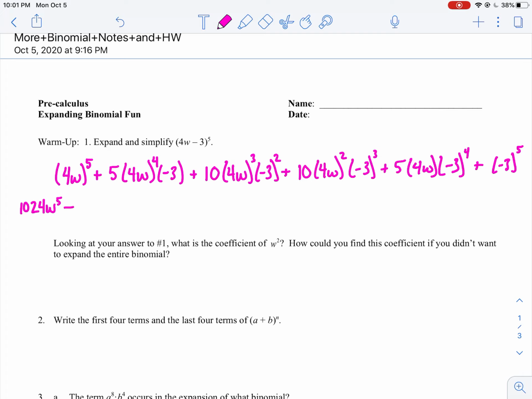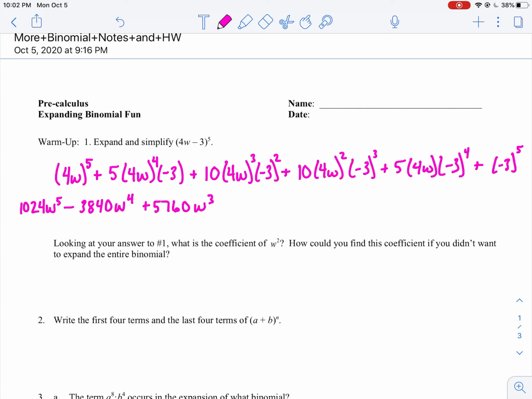And then this one's going to end up being a negative, right? So we've got 4 to the fourth, right? So 4 to the fourth is 256. But then I have to do 256 times 15. So that is going to be 3840. So 3,840 w to the fourth. And then on the next one, I've got 4 cubed, right? So 4 cubed is 64. And then times 9 because of the 3 squared, and then times 10. So 64 times 90, basically, right? That's going to be 5760